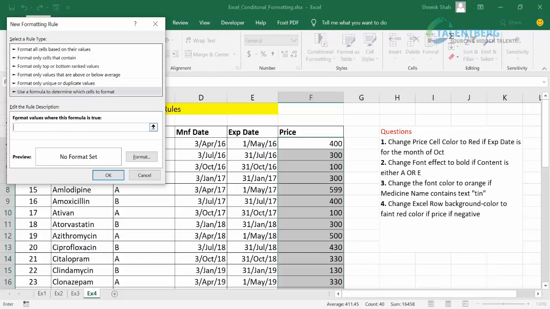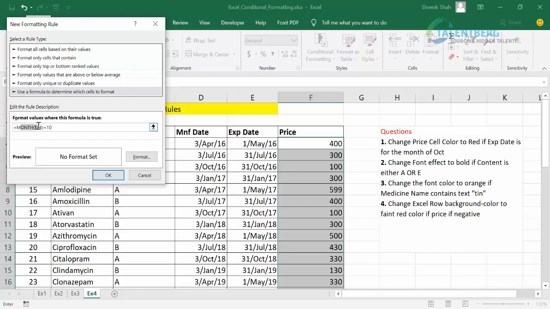Now here in the custom formula we write equal to, if the month, I select the cell address, I complete the bracket, I want to check whether the month is 10. But remember to remove the dollar symbol before the row number, so it will take effect on the next cells.